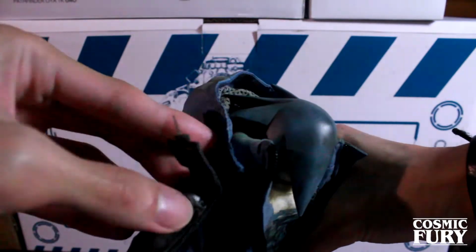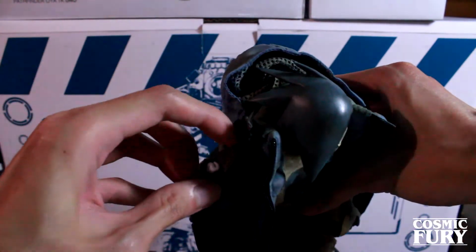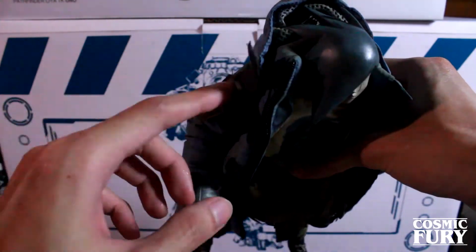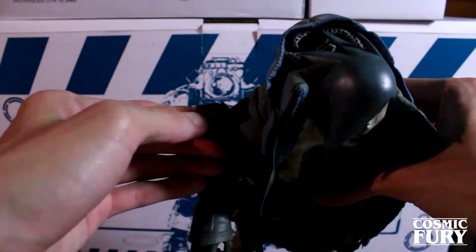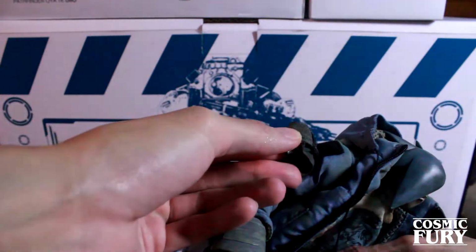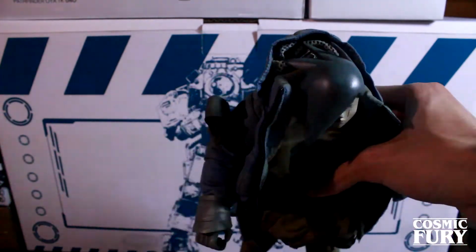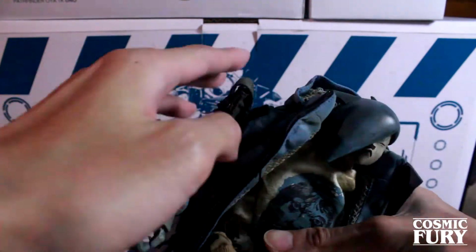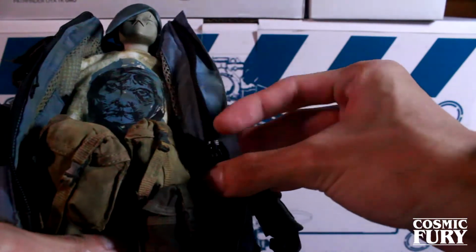There's a pocket on the side. I think there's a little bit of stuff going on to make the pocket puffy. And the strap can be removed. It's attached by a velcro. Look at that. And yeah, it's attached by a velcro here. And there's nothing going on on the left hand side. And for the zipper,